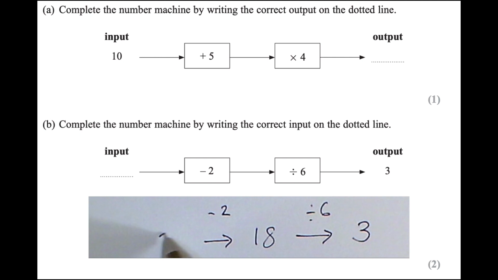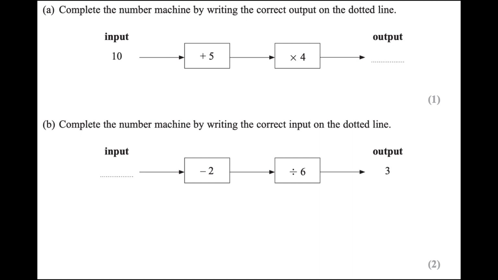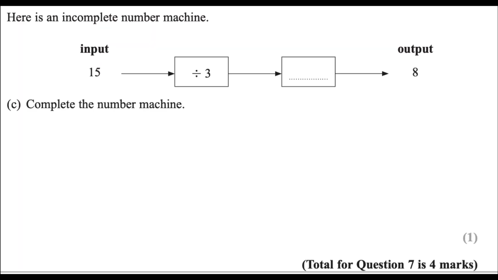Now, if you take a number and you take off 2 and you get to 18, you must have started at 20, mustn't you? So if we start with 20, we'll end up with 3. Right, the next question